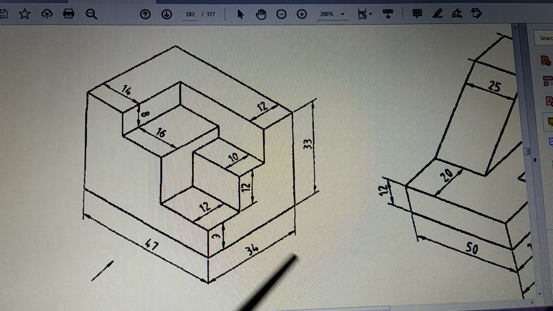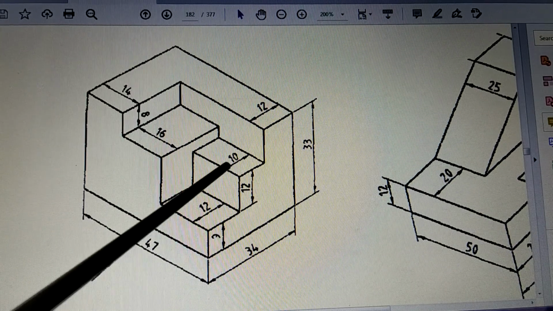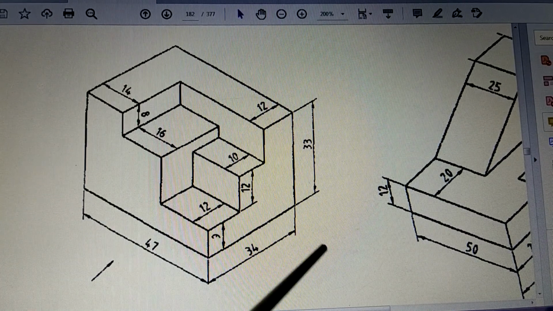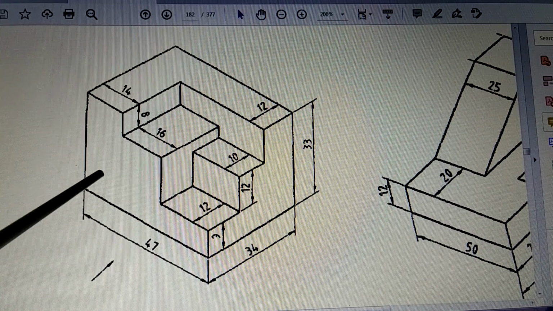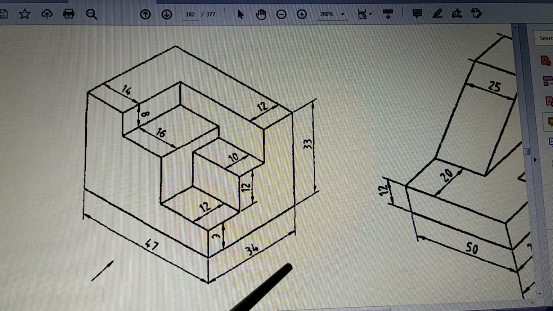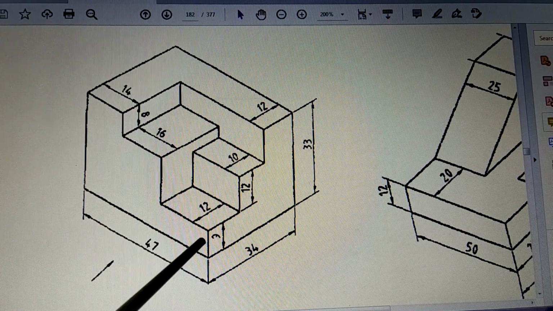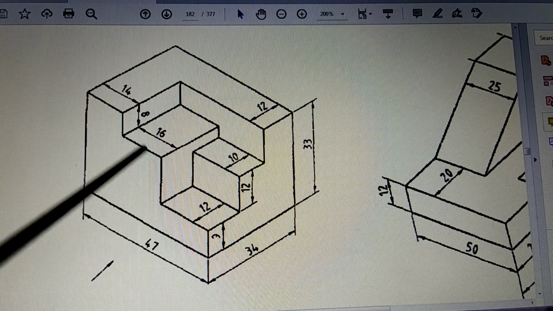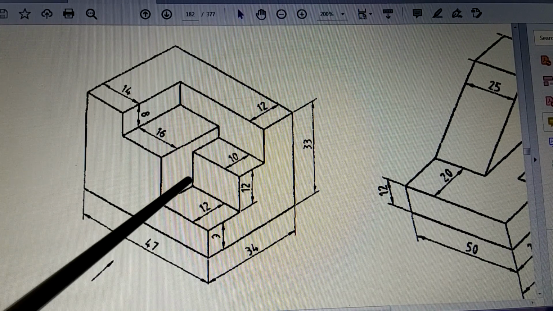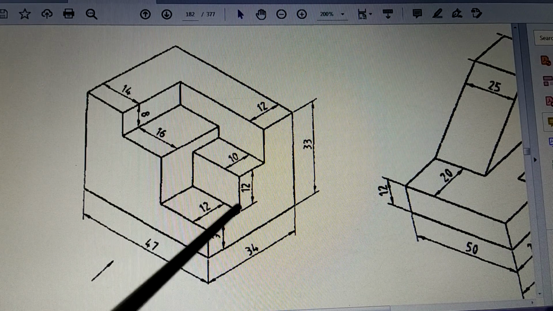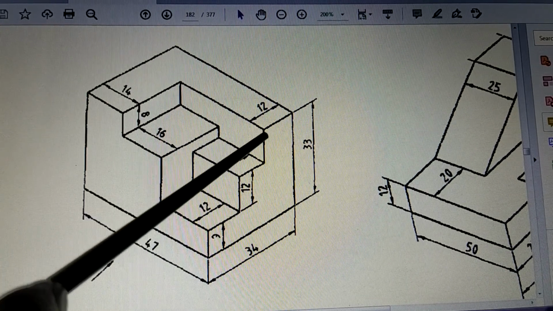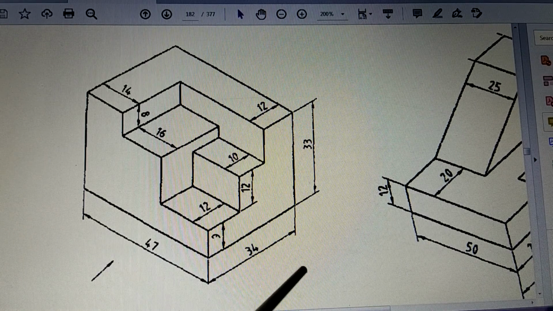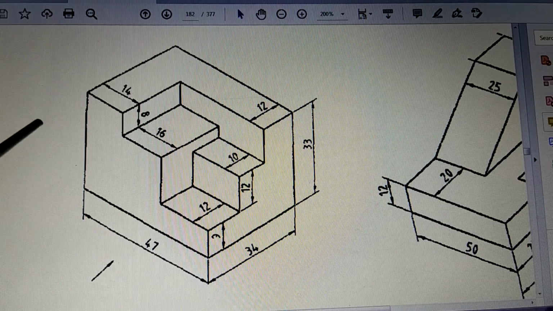So from the right hand side direction, surface number 1, surface number 2 which is till here, then the surface number 3, that is all what you are going to see. Other surfaces which are parallel to your direction will not be seen. So this entire surface will be seen as these 3 lines, 1, 2 and 3. Then this surface will be seen just as one line like this. This surface will be seen as a line like this, and so on. So that becomes the right hand side view, which you have to draw on the left hand side of the front view.